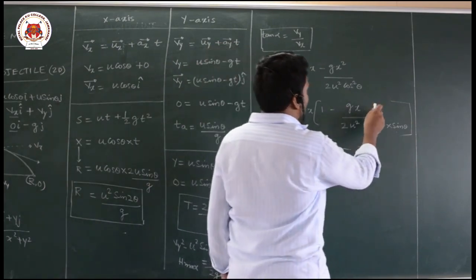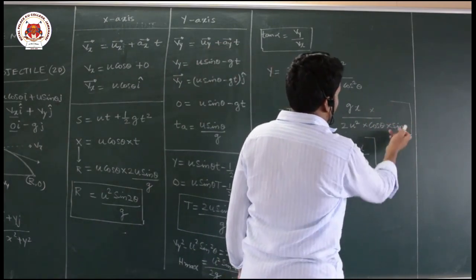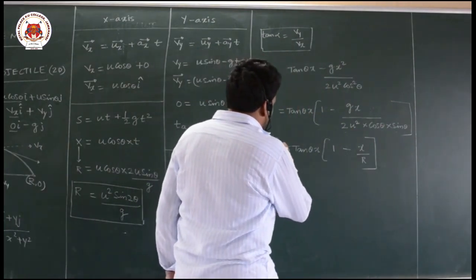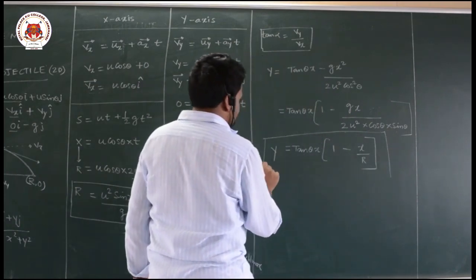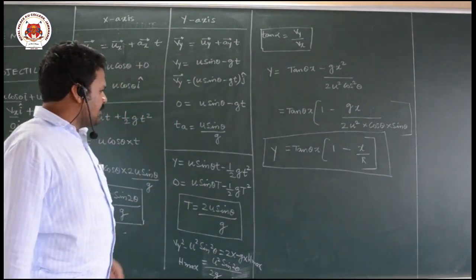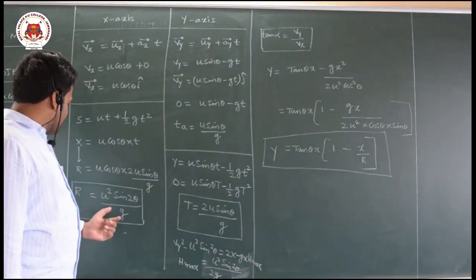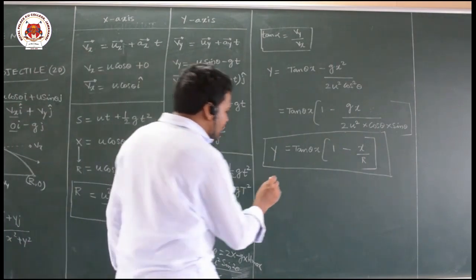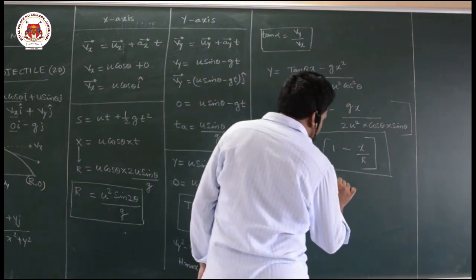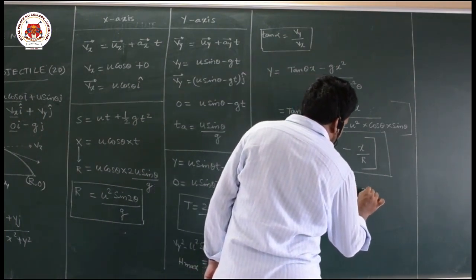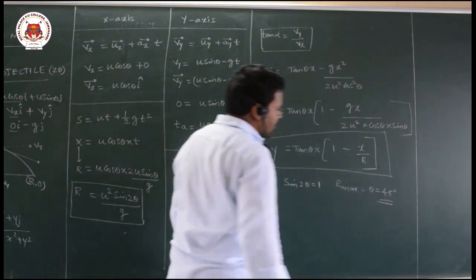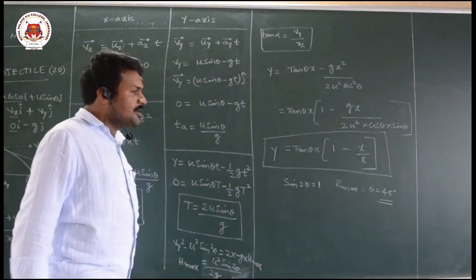Tan theta you take inside, here tan theta is sin by cos, sin will get cancelled, again you will get cos square theta. So this is a formula based on the equation of the trajectory. And the range will be maximum when sin 2 theta is equal to 1, that is, theta is equal to 45 degrees. You project a body at an angle of 45 degrees, range will be maximum.